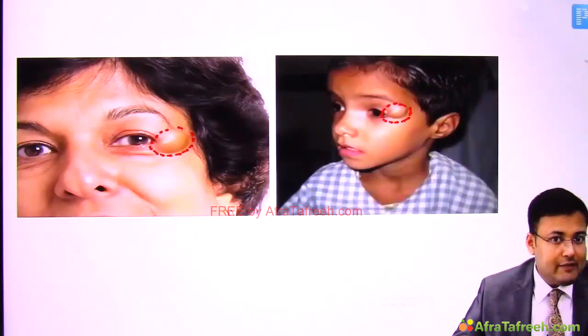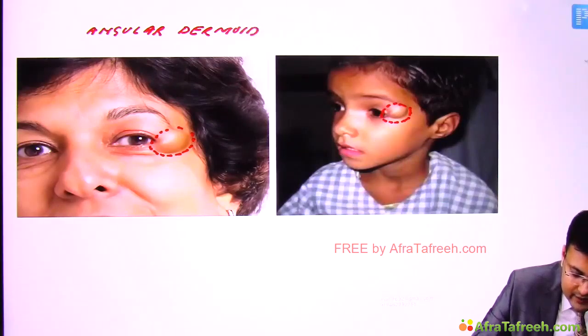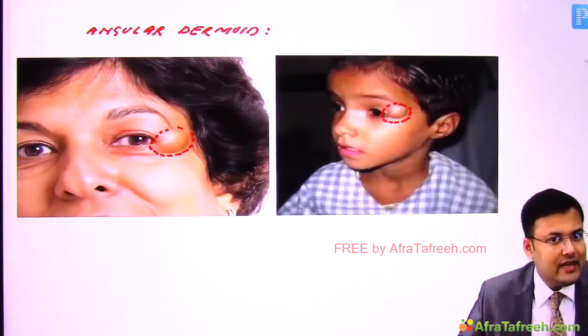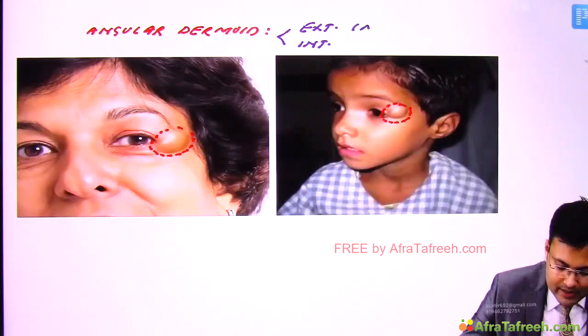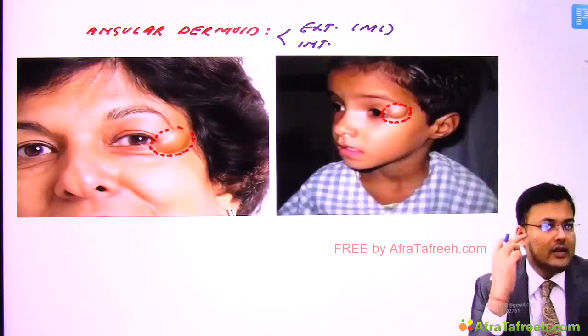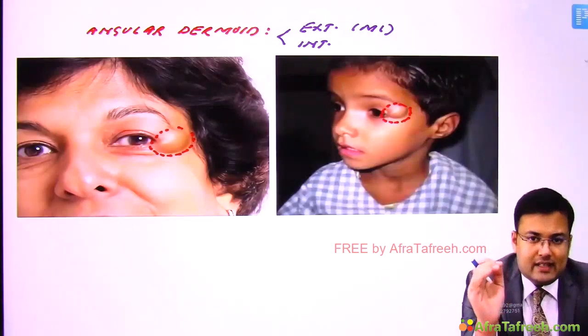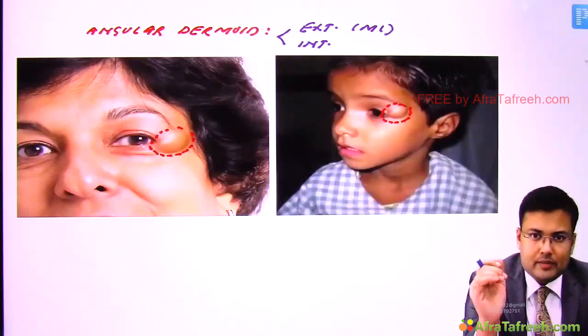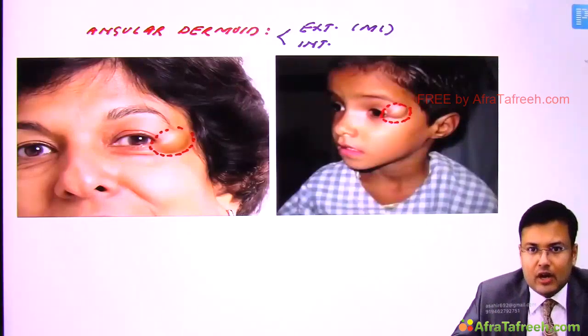So we are going to discuss a very important topic, angular dermoid, right? This angular dermoid is further divided into external and internal. Clear? External and internal. Which one is more common? External. In relation to the external angular process of frontal bone, so we are going to discuss external angular dermoid. This is more common. Now you can see the location in relation to the external angular process of frontal bone,